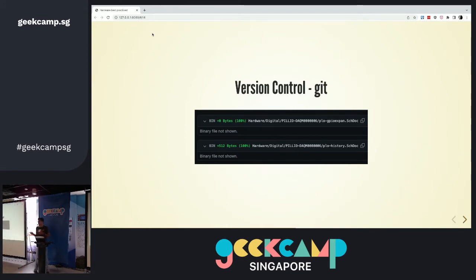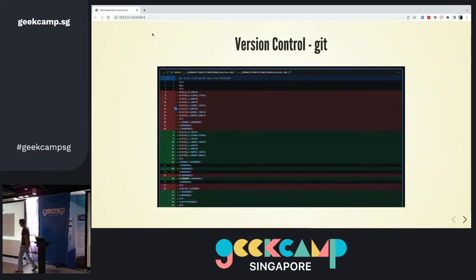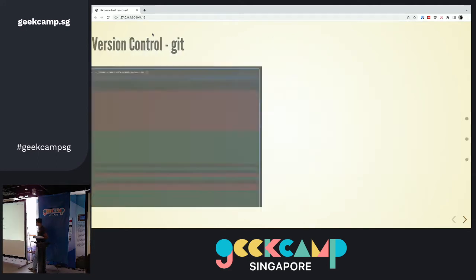Even with some CAD programs that use text files, you get a diff like this, which is great. It's kind of hard to see, but it's a bunch of numbers that changed, and nobody has any clue what happened. The reason for this is, while Git itself can deal with binary files, no problems, or even text files like this, none of the user interfaces built on top are designed to be able to make sense of what happened between these two. But still, using Git gives us a bunch of good things.